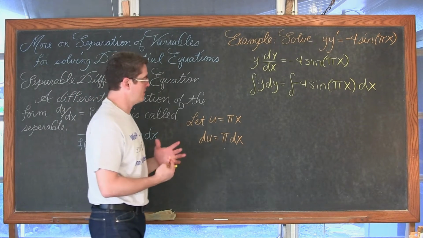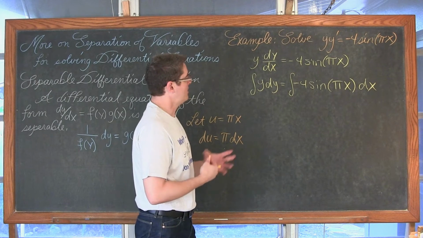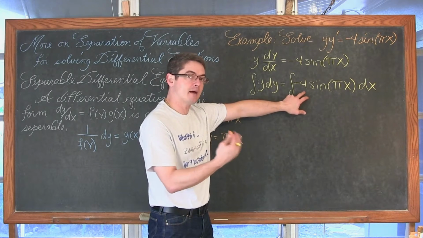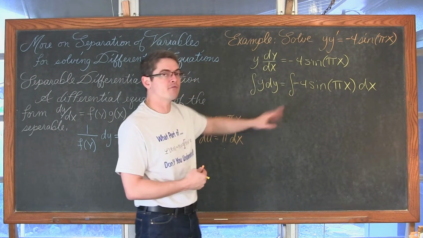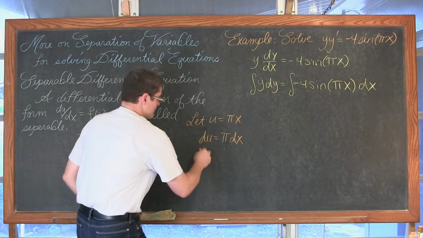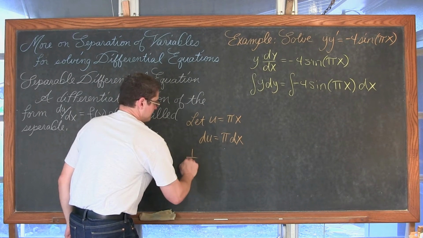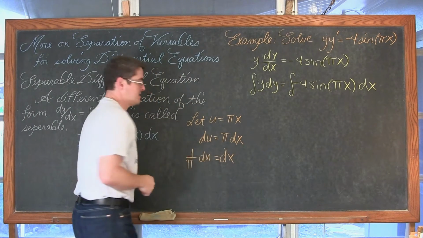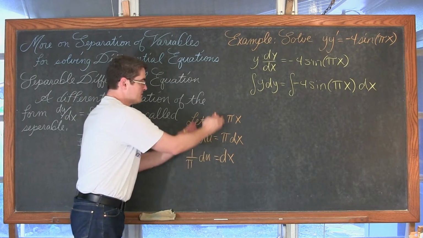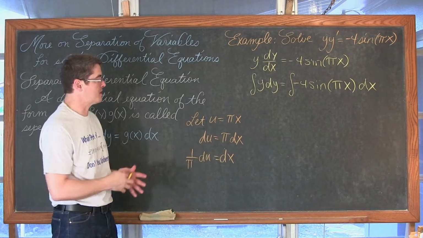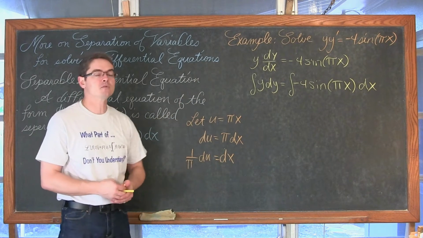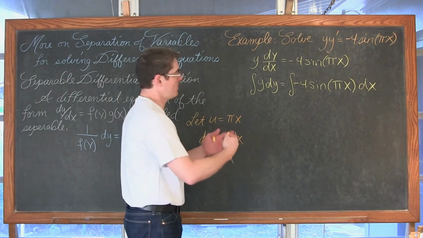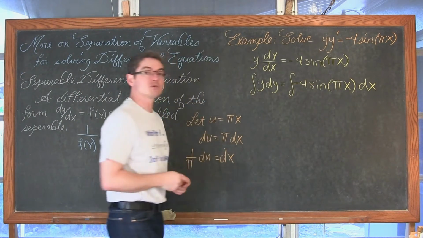If I was integrating by recognizing the more general pattern, then maybe I could show a multiplication of pi, so I would exactly get that pattern set up correctly, and then have a division of pi out front. But for the purposes of this problem, I'm going to divide both sides by pi and get 1 over pi du is equal to dx. With these substitutions set up on the side, I can get my problem to exactly match my more basic integration rule for sine and not do a whole derivative of the inside function pattern.